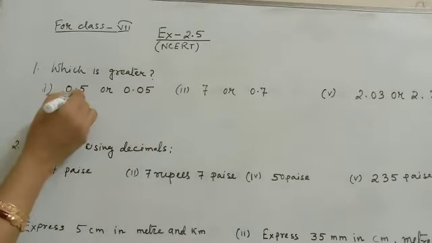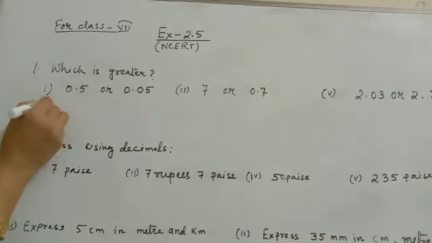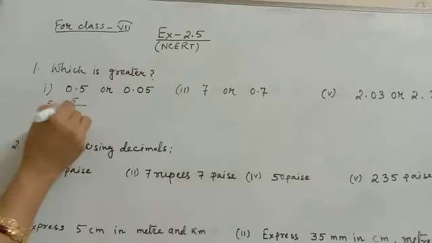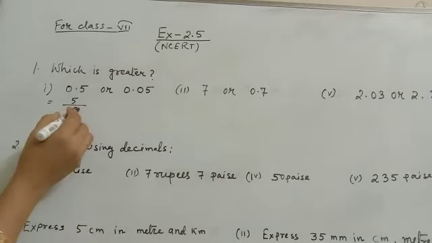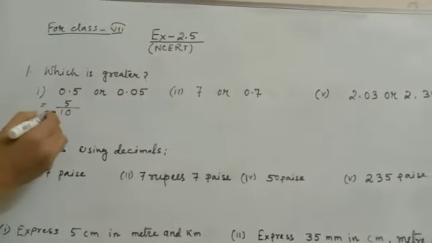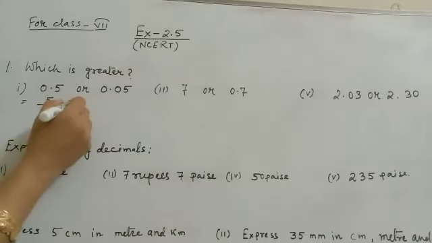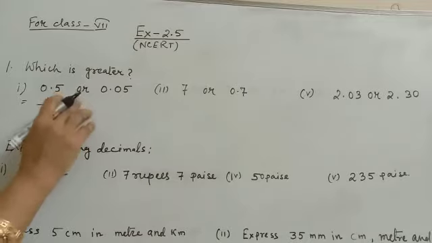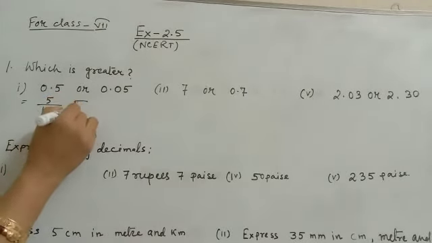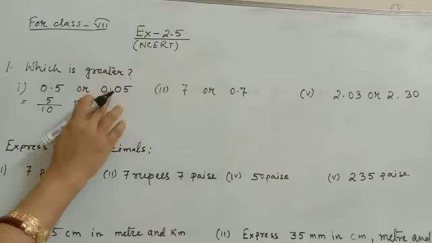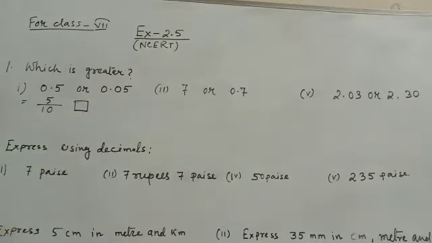As you know that it is in the decimal place, you can write it as 5 by 10, because after the point there is one digit, so I can write it as 5 tenth. And here, can I draw one box? After the point it is the 10th place and it is the 100th place. You all know the 10th place and the 100th place, do you remember?